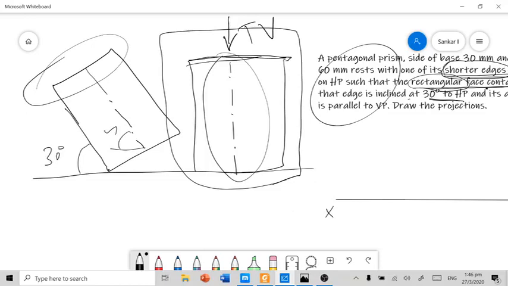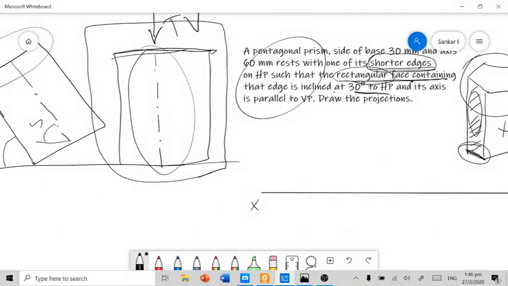The same work we already did in the projection of planes chapter. In order to see the original shape of the plane, we made the surface inclination 0 for the plane. The same we can do here also. We need to make the solid axis perpendicular to any one of the principal planes. Which one is easier for us? In this problem, making the axis perpendicular to HP is easier instead of making the axis perpendicular to VP.